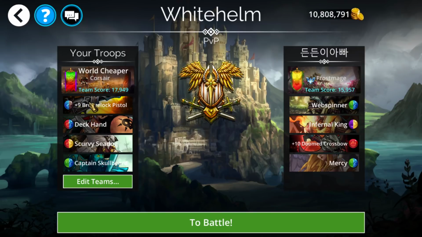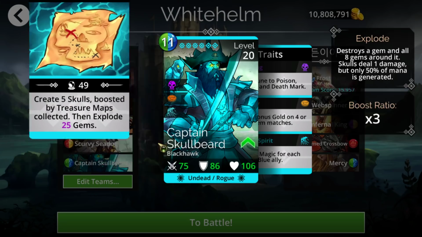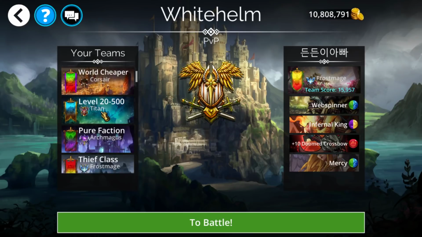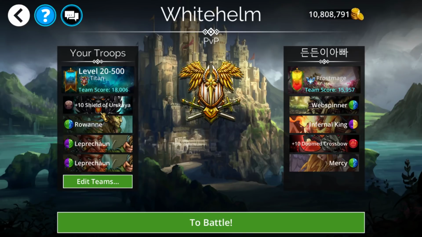He has Scurvy Sea Dog for the rush blue, obviously, and the Captain Skullbeard is mostly for mana accumulation. However, he does technically create skulls, but those skulls are generally going to get eaten up by all of his explosions, basically making him purely a mana accumulator. As far as the event, it is a green-purple restriction for the faction, so you can simply run